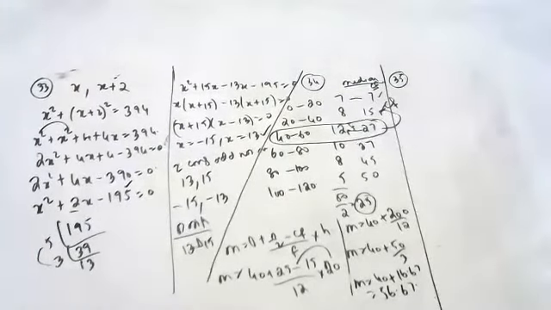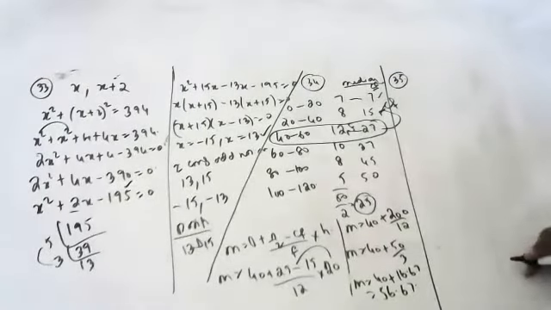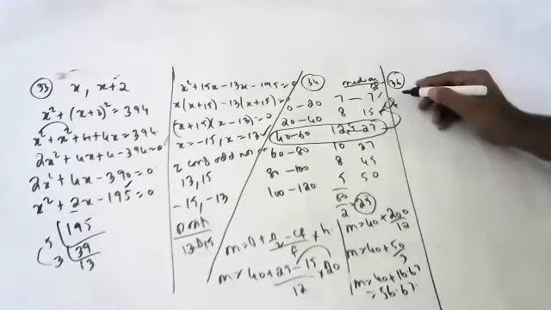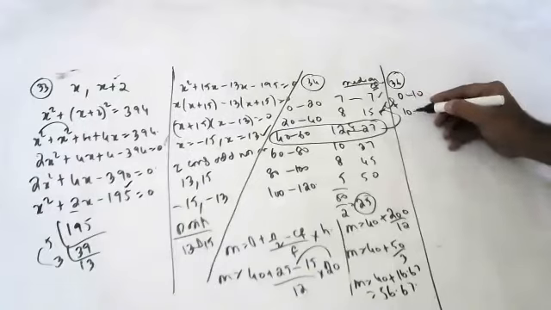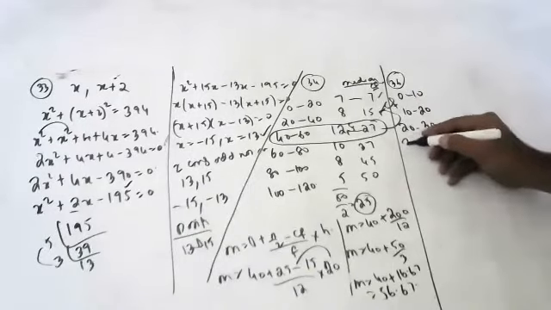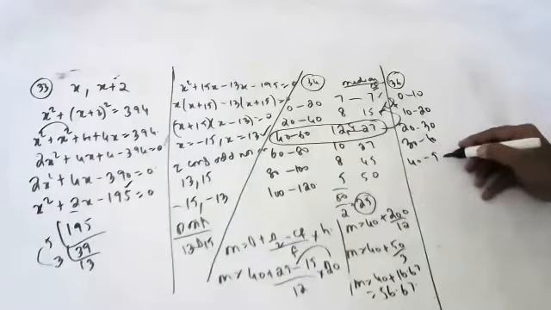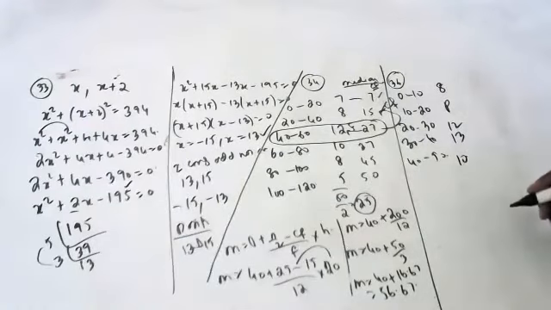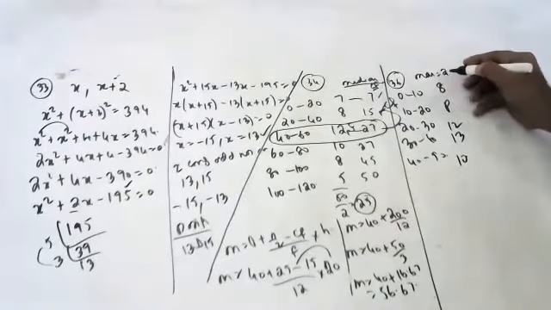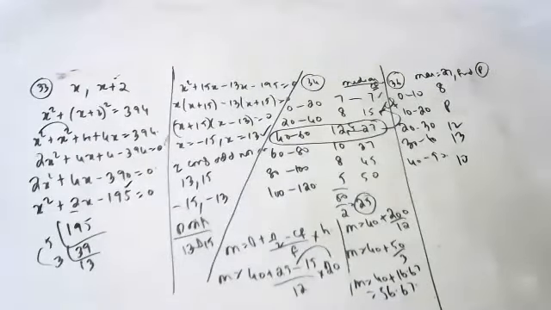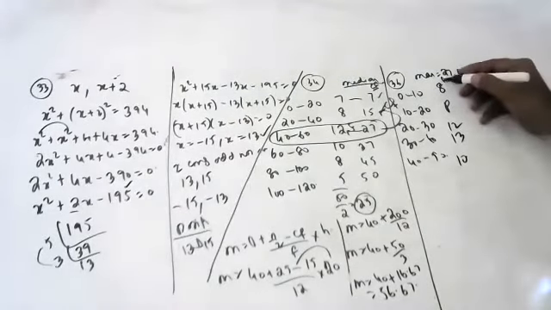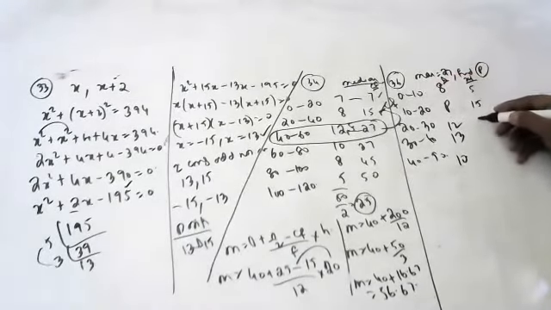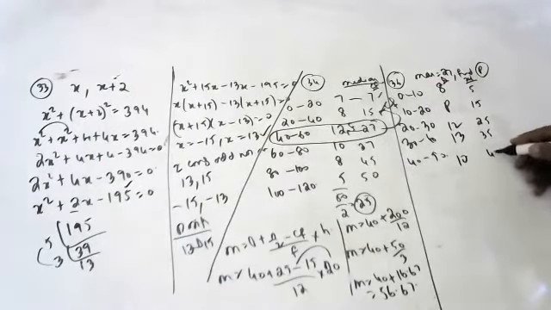Okay, next question, children. See here. Classes 0 to 10, 10 to 20, 20 to 30, 30 to 40, 40 to 50, with frequencies 8, p, 12, 13, 10. Okay, children. So mean is how much, children? 27. Find p. Mean is 27, they only give, children. So this is fi. What is xi? Anyone? 0 plus 10 by 2, 5, then 15, 25, 35, 45.